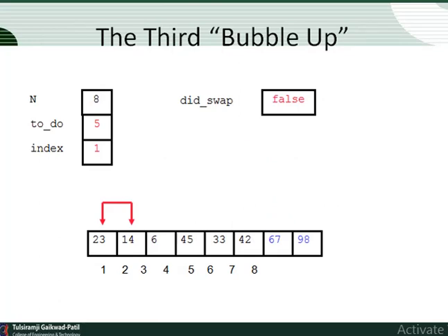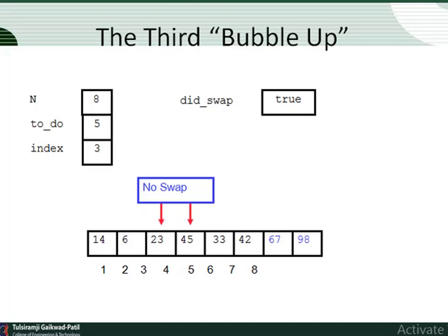Now again the same bubble 3 will be there, and again we need to do the swapping from the starting of the list. 23 is compared with 14, and definitely gets swapped with 14 because 23 is greater than 14. Again 23 is compared with 6, there is a need of swapping because 23 is greater than 6, so swap is essential. 23 is compared with 45, no need of swapping because 23 is less than 45.